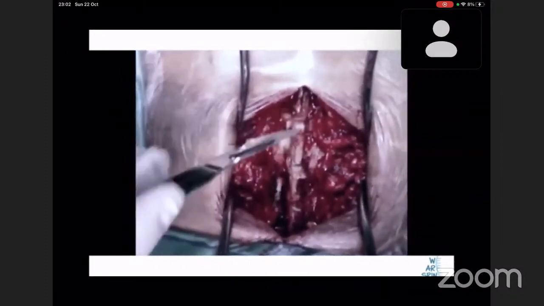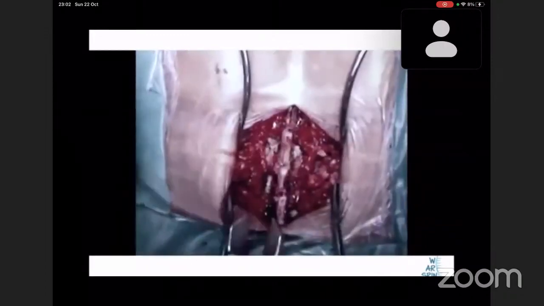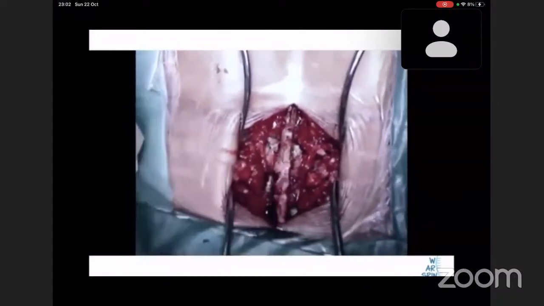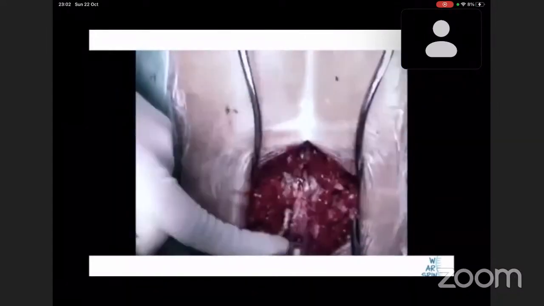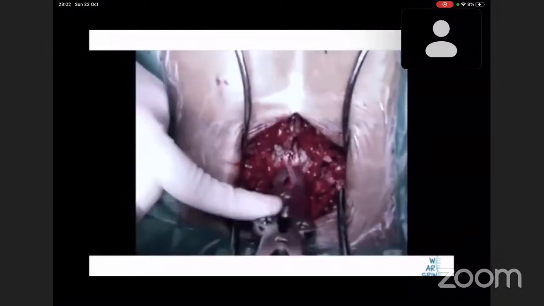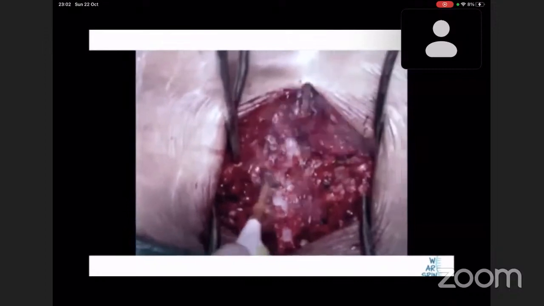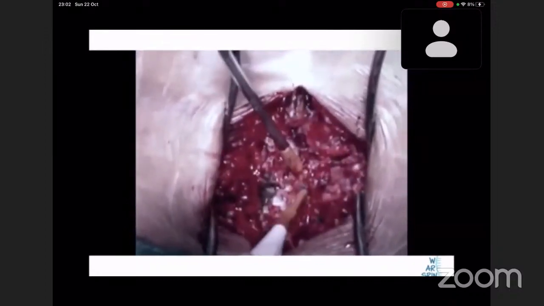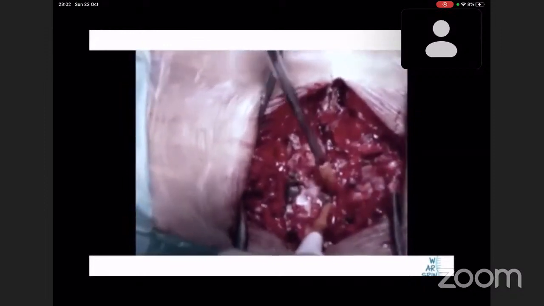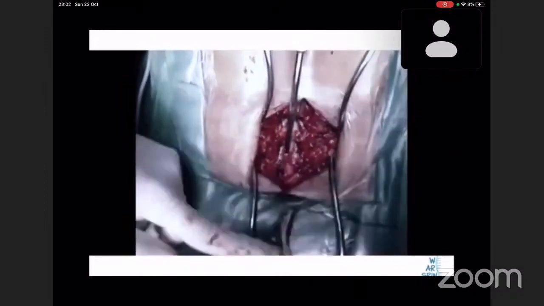Once your level is confirmed, you start removing the interspinous ligament with the help of a knife and nibbler. The next step is you take a spine cutter and start removing the spinous process. You can use a nibbler to clear out the remaining part of the base of the spinous process and any soft tissue which is around. Once that is done, use a cautery to clear out all the soft tissue and delineate the bony landmarks. Try not to burn the facet capsule.